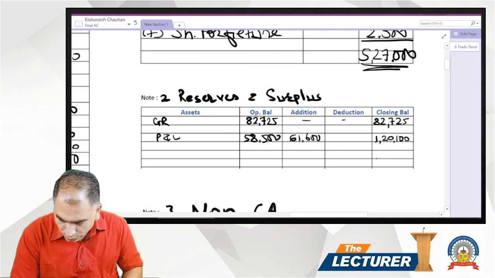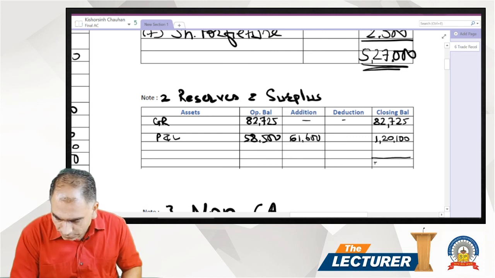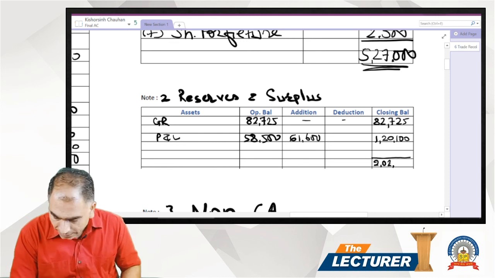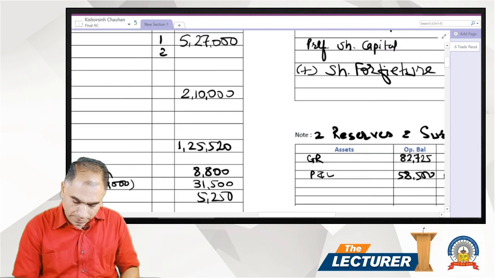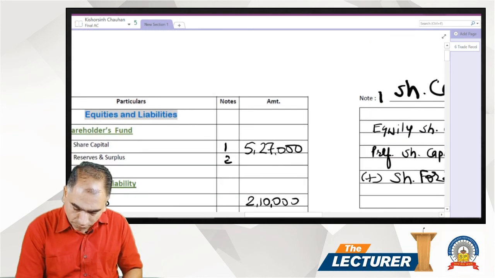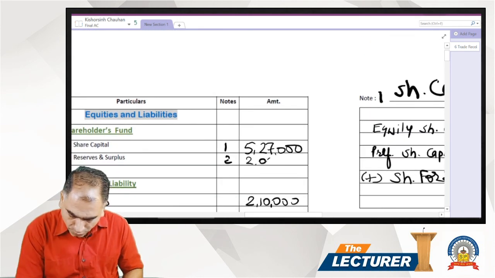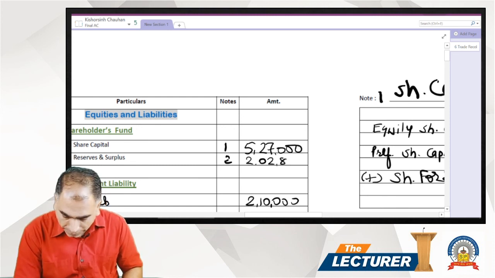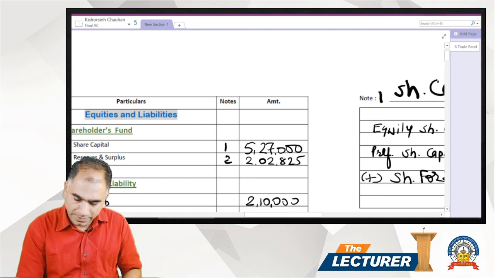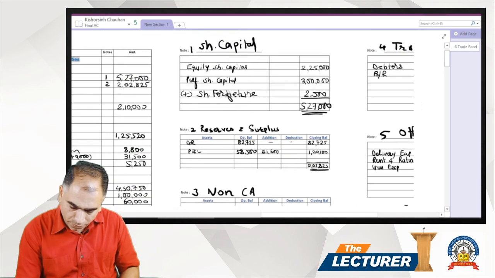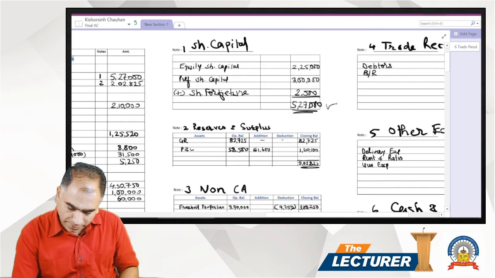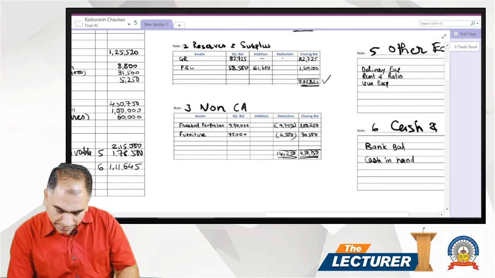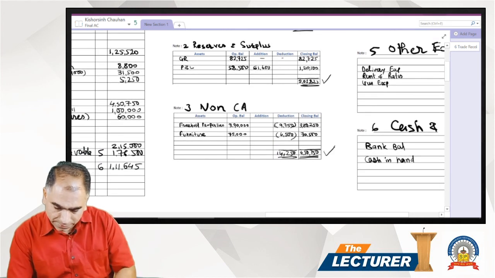So total 2,02,825. Reserve surplus 2,02,825. Now if you see in the schedule, share capital is completed, reserve is completed, non-current assets we have transferred,